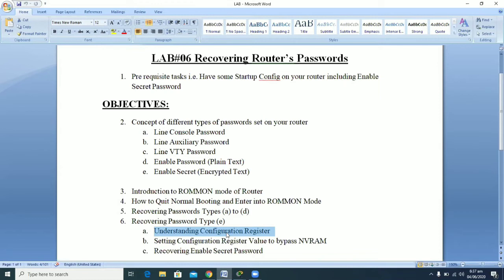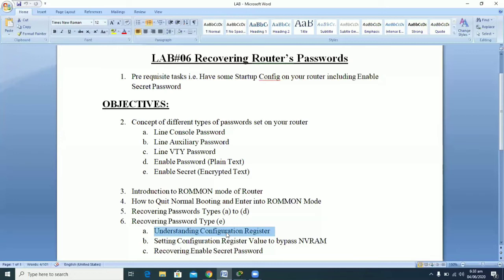The normal booting procedure of a router is that whenever you turn on the router, it moves into the flash memory, gathers the IOS image, the Internetwork Operating System, and after getting the IOS image, it moves into the NVRAM to get the last saved configurations.